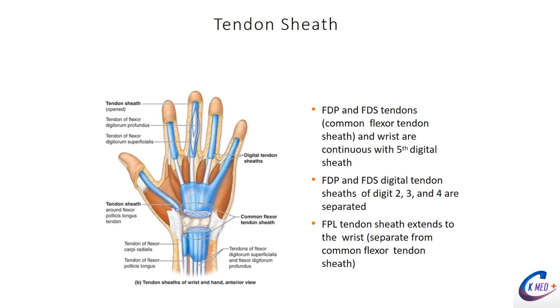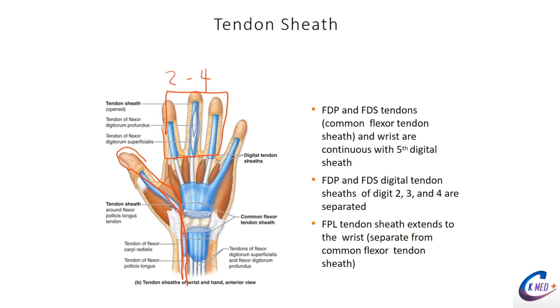And so the way they actually orient these questions is someone has an infection of their thumb, and can it travel into the forearm? Yes, absolutely it can. Why? Because this sheath continues down and goes into the forearm. So if someone has cellulitis of their thumb, the infection can spread because the tendon sheath continues down into the forearm around your thumb. But the tendon sheaths of digit 2 through 4